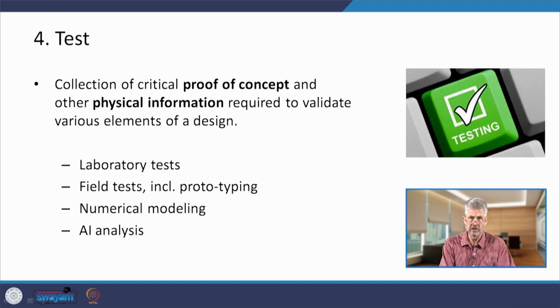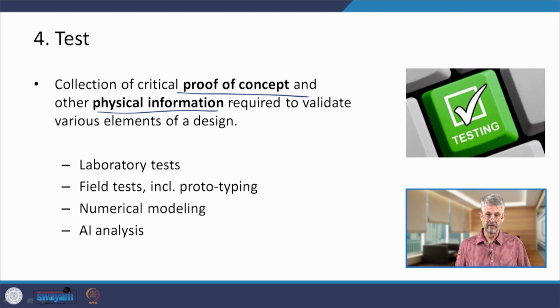Then we move on to the actual testing, the implementation, the testing stage. And at this stage, it is still about collecting proof of concept information and also physical information that supports our implementation part. That may include laboratory tests, like testing salt contamination, what type, confirming which are the contaminants, where they are, and so on and so on. And laboratory testing usually goes hand in hand with field testing. This may also include prototyping new technologies that are still in research and need to be prototyped before they can be scaled up.